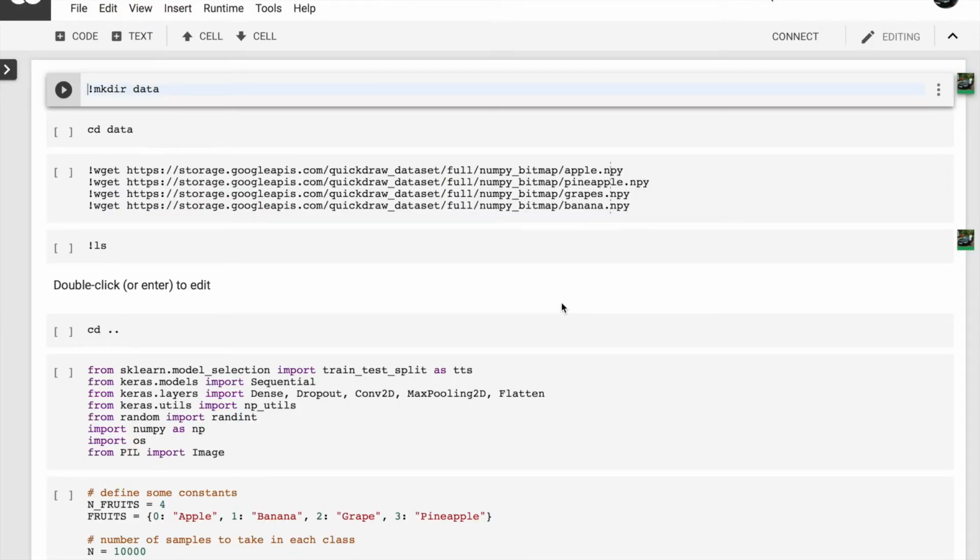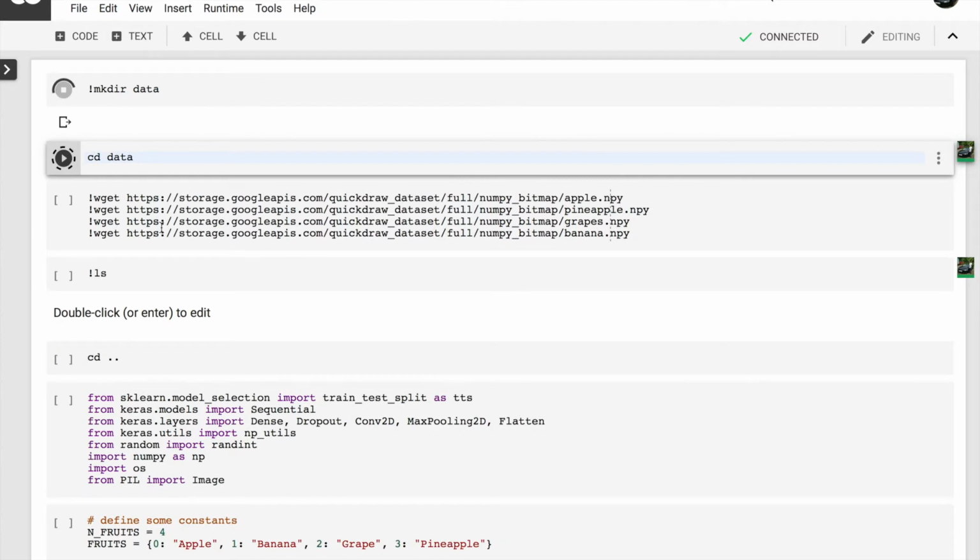So here I have the entire IPython notebook, or the entire code for making our own classifier. First up, we're going to be making a new directory called data, so that we have a place to store our datasets. So let's execute that, and then let's enter into the directory. So we'll cd into that directory,